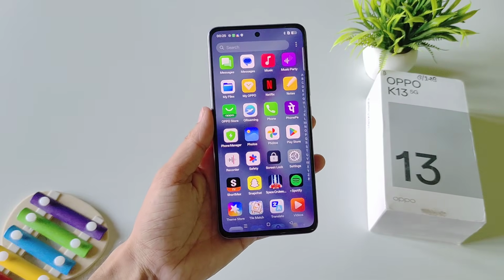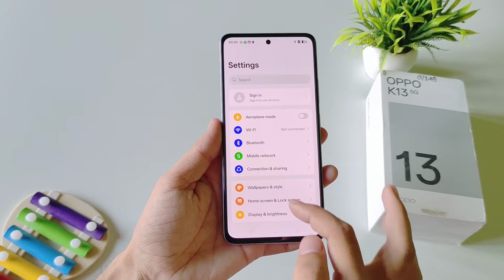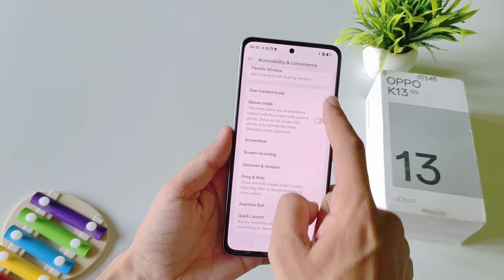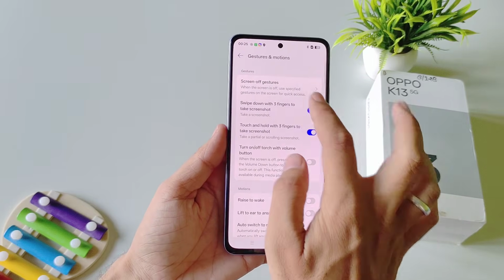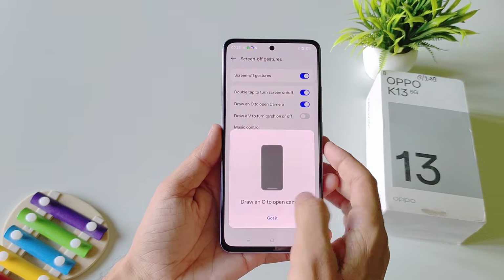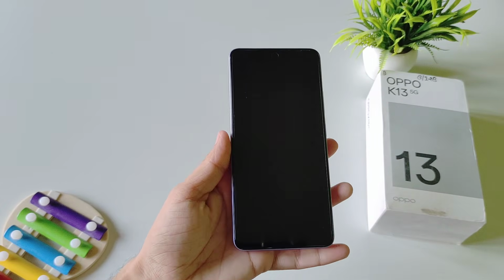This phone comes with a lot of screen off gestures, so you can open your favorite application from your locked screen. Open your settings, select accessibility and convenience, select gestures and motions, and then select screen off gestures. The first one is draw an O to open camera. If you enable this, then whenever your phone is locked, if you will draw an O, then it will directly